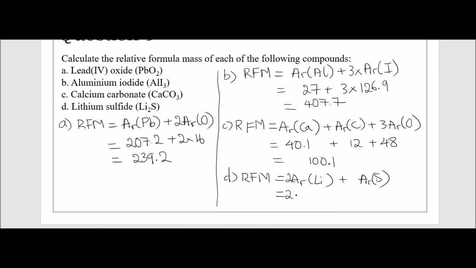Off by 0.9, which, you know, would double. And obviously that's another answer. So 22, I think we agree on 22.1 earlier. 32.1. So 2 times 6.9 plus 32.1, 45.9. Okay, I think that